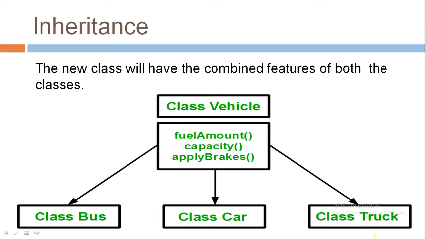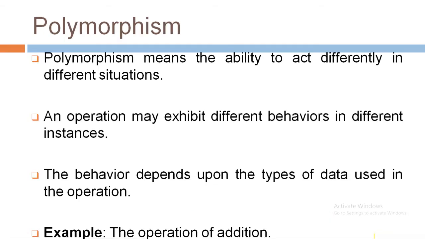One more example of inheritance is a child. A child has the properties of their parents, mother and father both, right? So we can say the mother and father are two base classes and their properties are inherited by their children, and the children also have their own unique properties. So we can say it is the best example of inheritance.